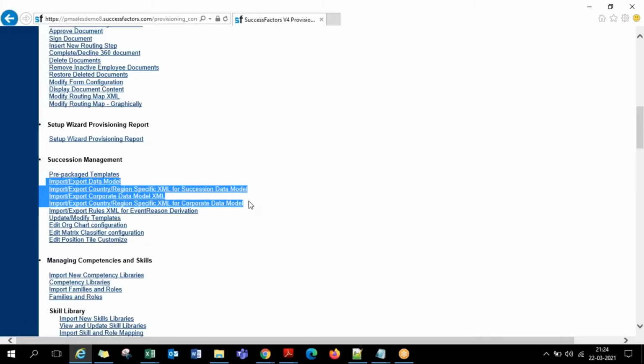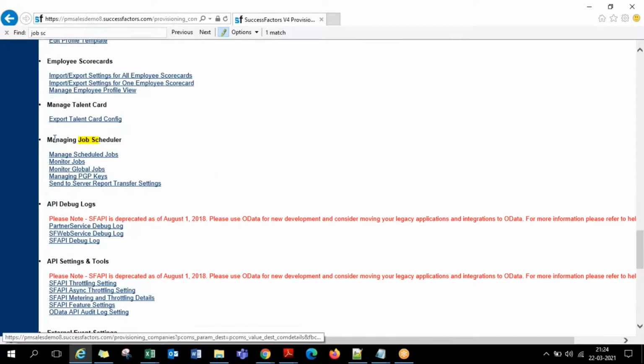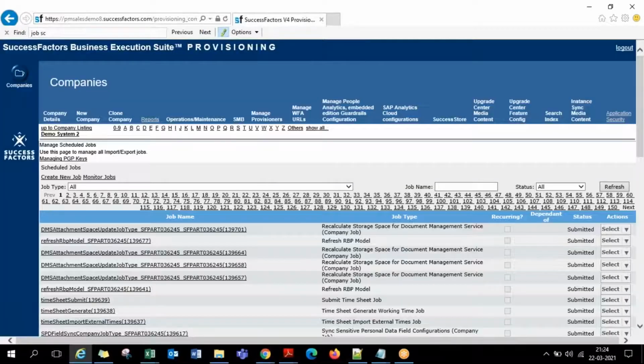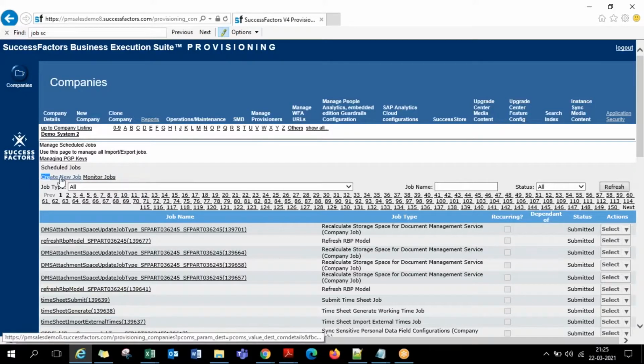But if you go further down, you have a section called job scheduler. Under managing job scheduler, the first option, manage scheduled jobs, is the one you are required to go to, where you can schedule a job to execute once every 24 hours. You know the provisioning UI is not such a rich UI. On the scheduled jobs page, on the top left, you have a small hyperlink, create new job. When you click on it,